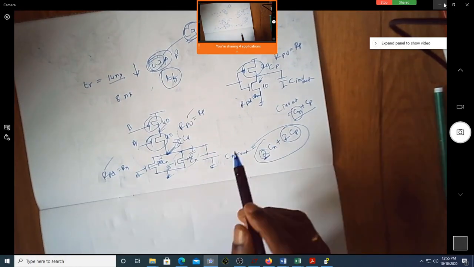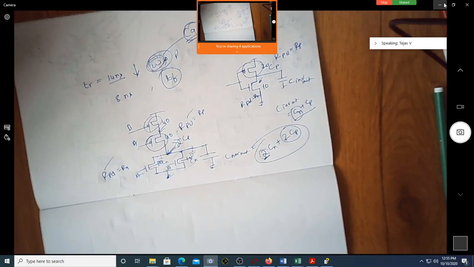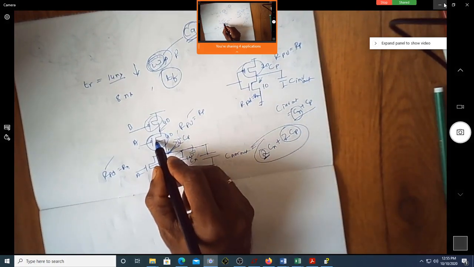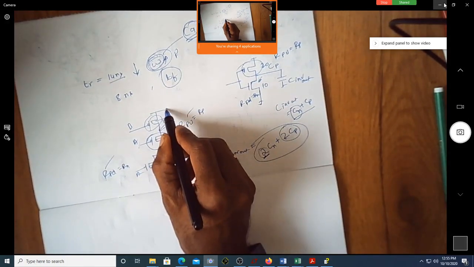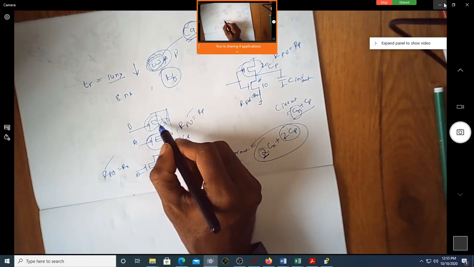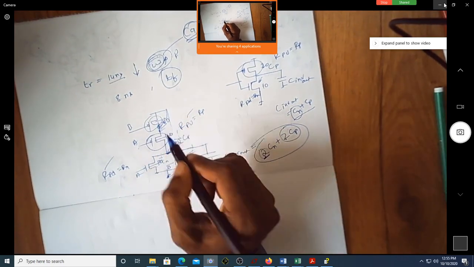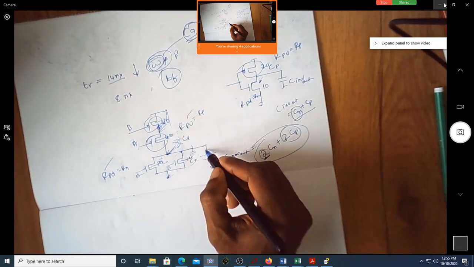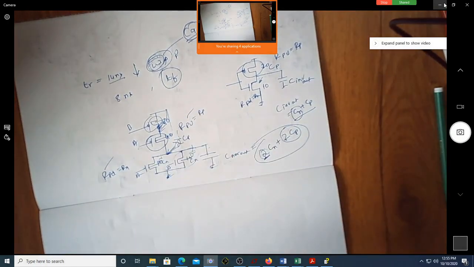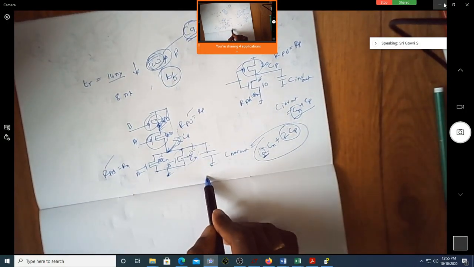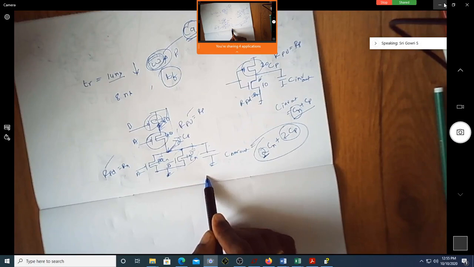Even though, sir, both the bulks are shorted. Where A and B? Usually you can short the bulks, but what is the capacitance here? It is from this junction to this junction. Can you see one terminal may be here? How about this terminal? It is not at this point with respect to ground. Am I correct? Okay, sir.